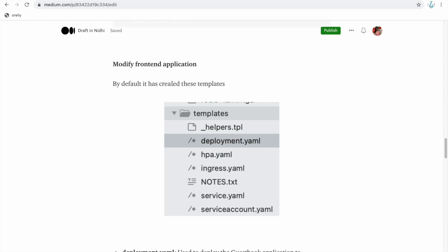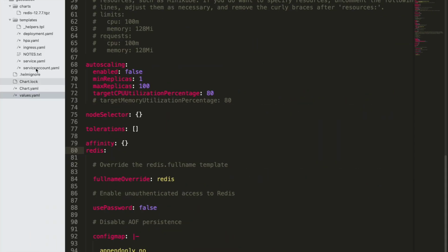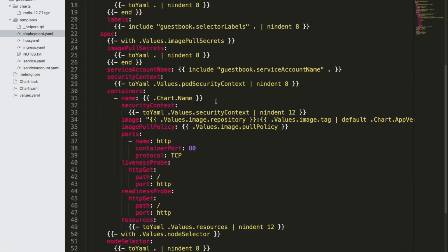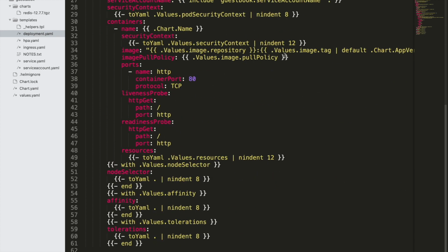By default, you have seen that it has created these template files, deployment.yaml and all those things. So here you can see this is how it looks, deployment.yaml, and from where all the values are coming for these things. Like here you can see values.image.tag, right? So these values are coming from the values.yaml file.